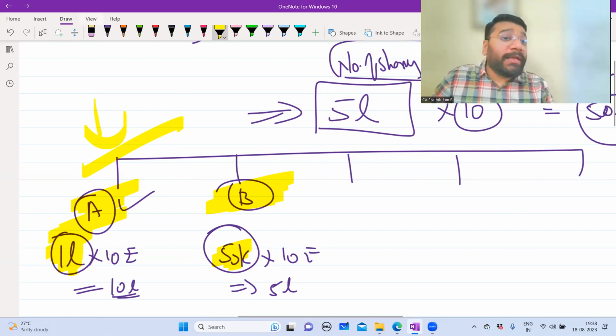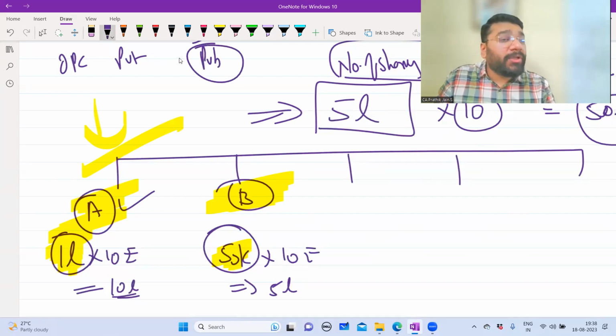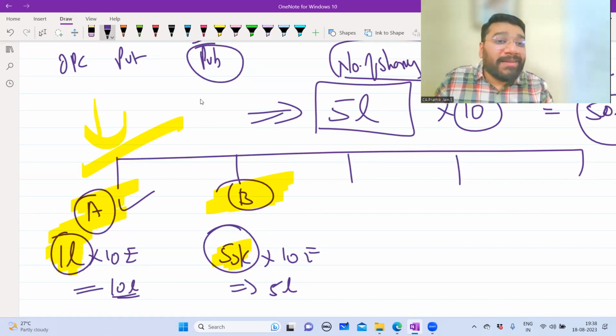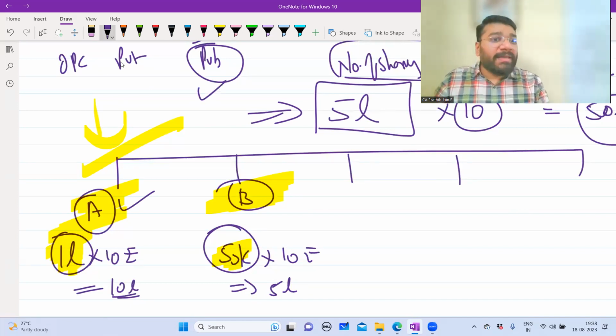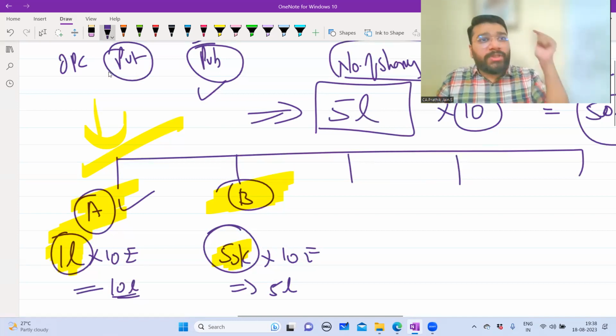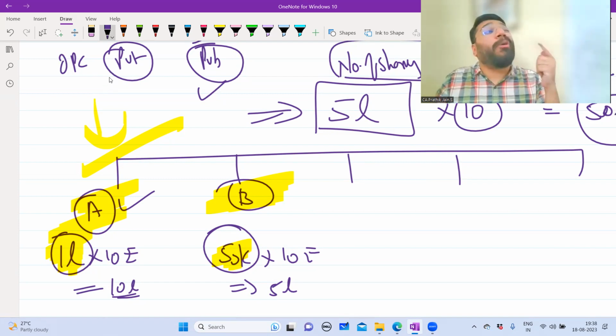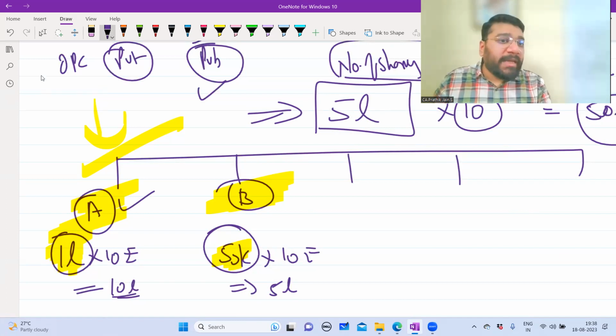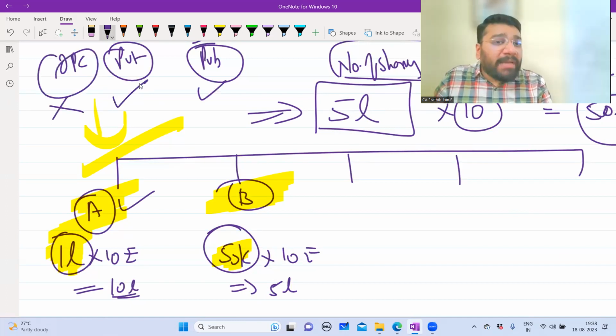But I told you there are three types of company: OPC, private limited company, and public limited company. So of all the three, the amount that you can take out very easily is in public limited company. Whereas in the private limited company, the amount once you invest, that is the number of shares you buy, transferring of the shares is a little bit complicated. I'm not telling it is impossible. It is possible with slight complexity. In OPC, it is not even possible. In private limited company, possible, but we have certain challenges. There are certain extra rules that we have to follow. For a public company, it is easy.